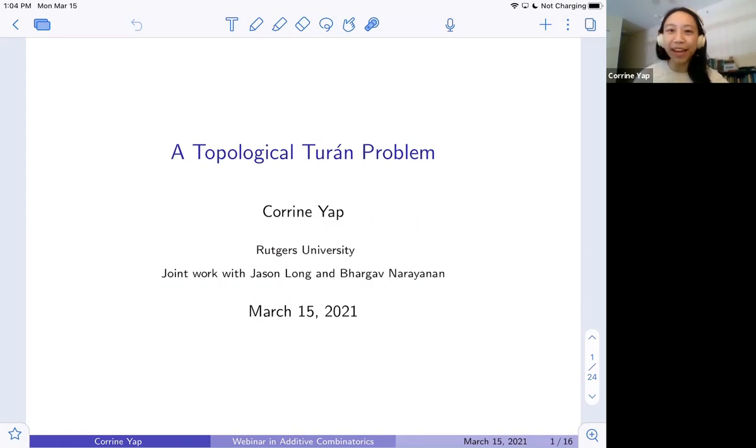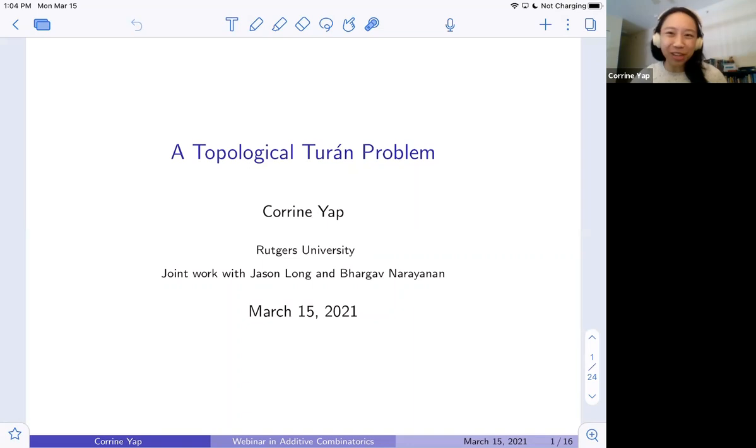I'll start by saying, in case you didn't read my abstract, that the content of this talk is not strictly within the realm of additive combinatorics, but the methods that I'll talk about do have some relation to additive combinatorics results, so I'll try to highlight those. But the main things that we'll be proving are really within the realm of more extremal or probabilistic combinatorics. But I did run this by the organizers beforehand, so I'm not just going rogue.